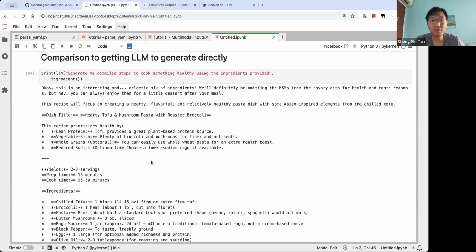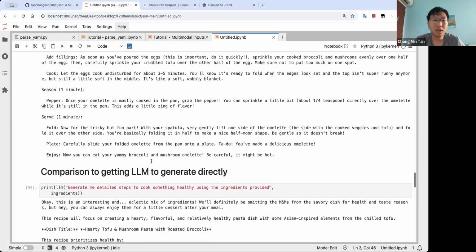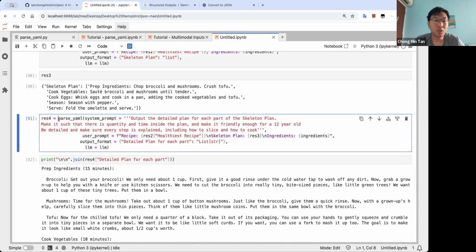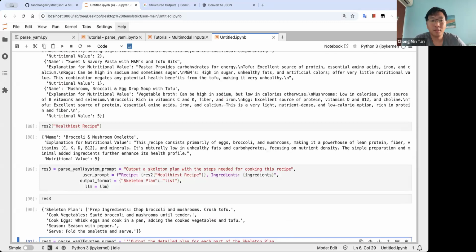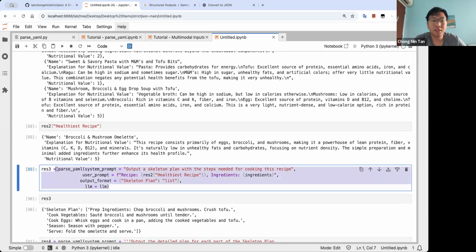And if you want to do stuff like getting the LM to use a tool, next time I will have an extension to this where you can put in the functions, and then you can output the function itself, or you can execute the function and return you the answer. It's like an agentic structure, just that we try to make it as bare bones as possible, because I realized in my agentic framework, Agent Joe, the more you prompt it to do certain stuff, like use the tool and so on, it's very specific to the model itself. It's not very generalizable. So I prefer if the parser itself just returns you what tool to call, something like function calling. Like if you look here,